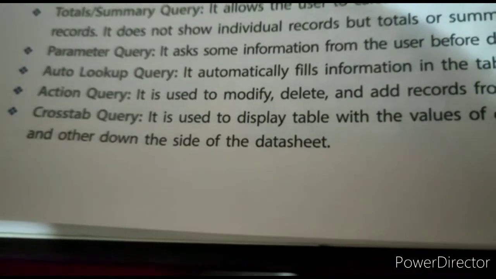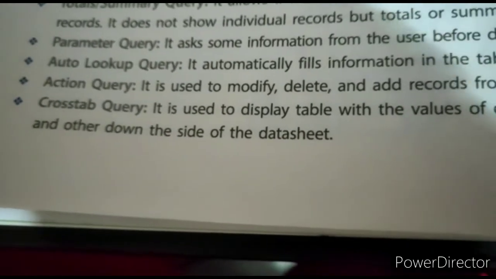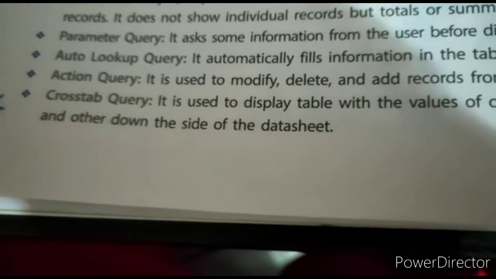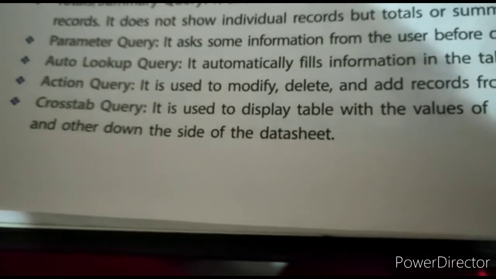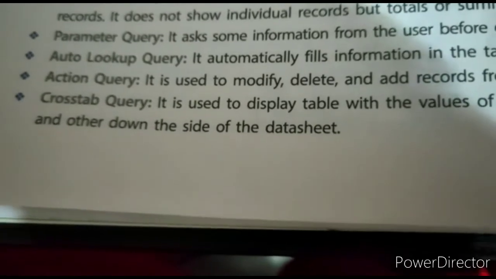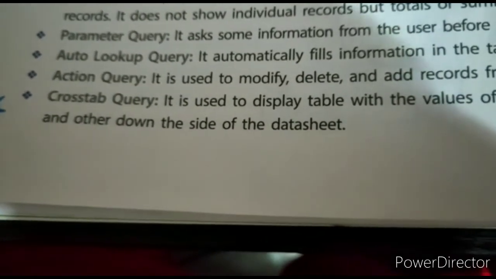Next, the parameter query. In this, Access will prompt you for a search term and then show you query results that reflect your search, means in this, students, you have to give criteria.